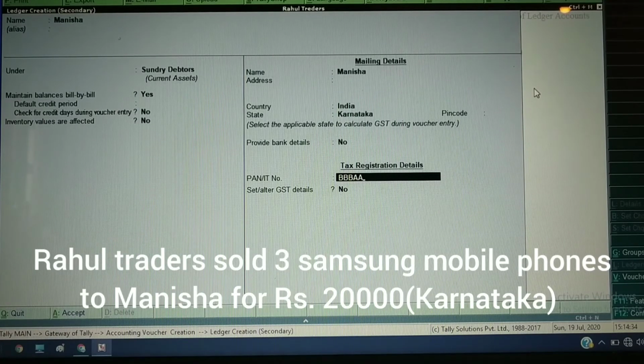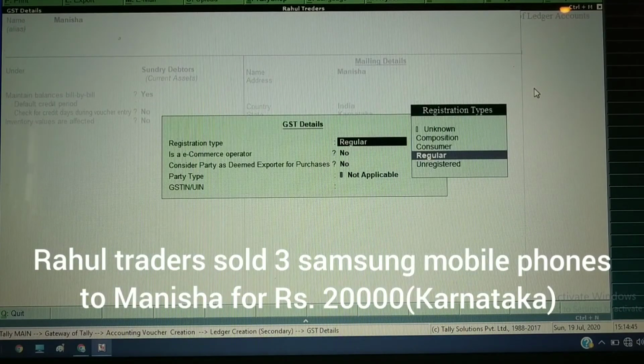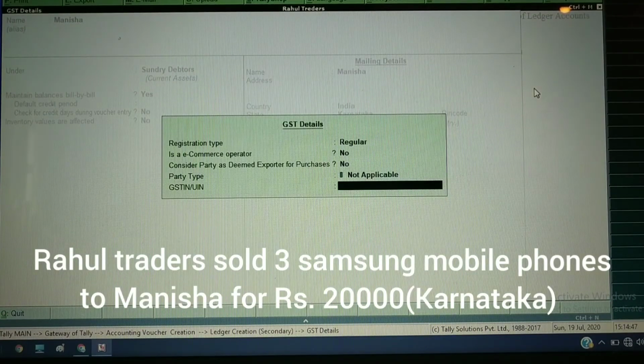This we need to remember while entering the GSTN number. So 1, 2, 3, 4 I will write, and here I will write A. Take enter. This option we need to make regular. Here we need to write the GSTN number. She is from Karnataka, which means the state code we need to write as 29 here.